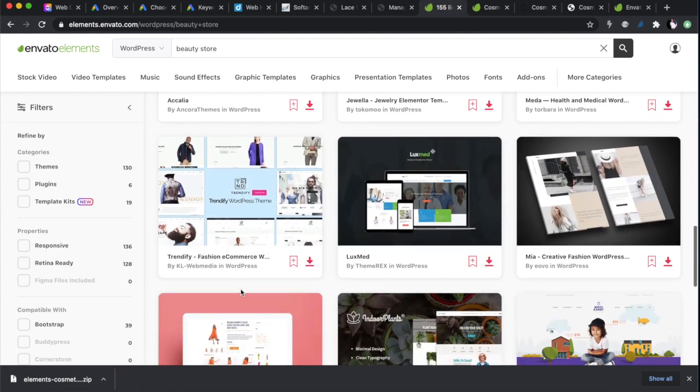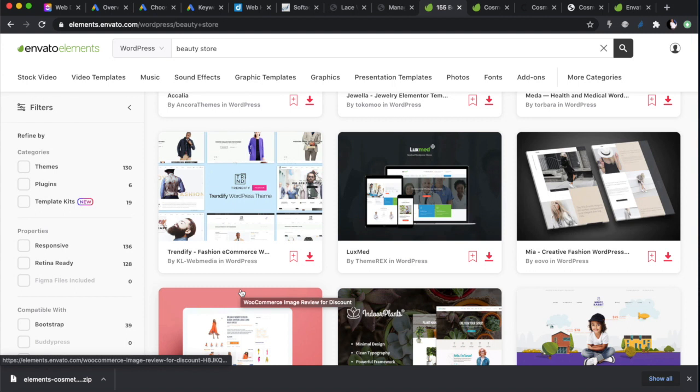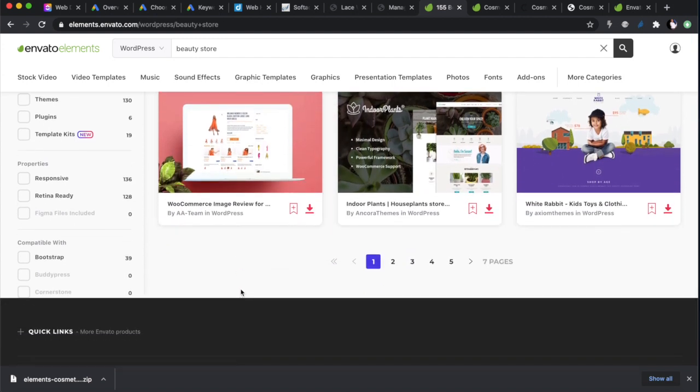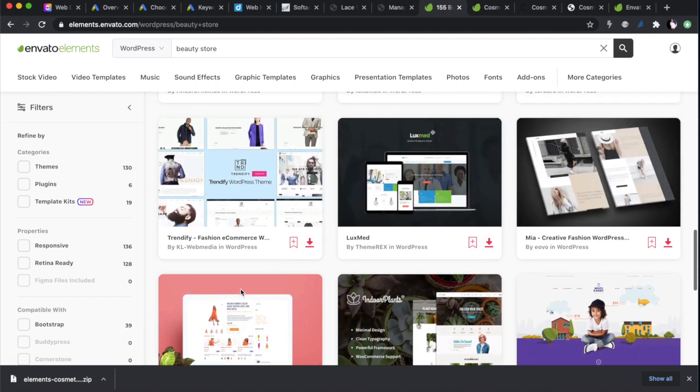searches. And if you have already paid for the membership, you can just download these for free, and you have unlimited download. So you can download like 100 of these website themes a day. They're not even going to check and say, no, you've downloaded too many. You can download as many as you want.